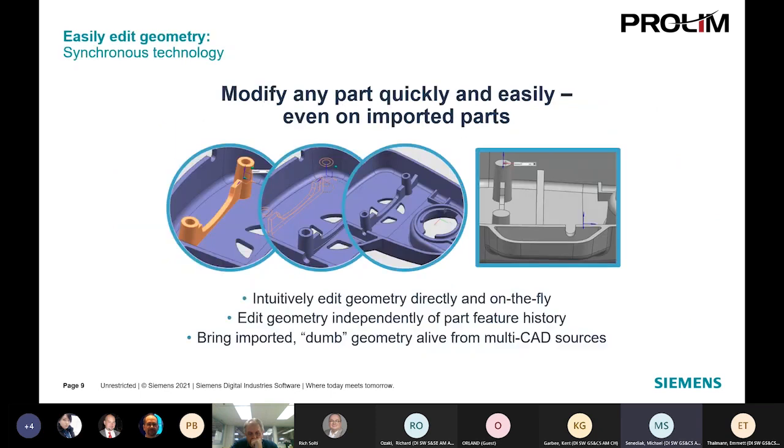So next one, Richard. When we talk about how we can easily work with that geometry, synchronous technology is at the core of this. It allows us to quickly and easily modify parts, regardless of whether it's a history-based model or comes in through a translated STEP file, Parasolid, something like that. Through our selection intent, we're able to pick up on, like you see in the left image, bosses, ribs, pockets, all those different shapes,